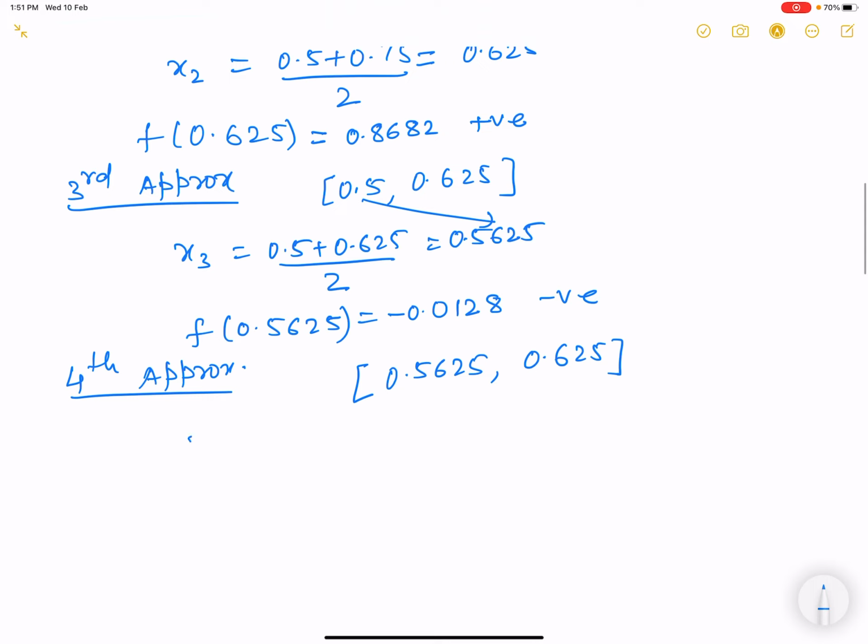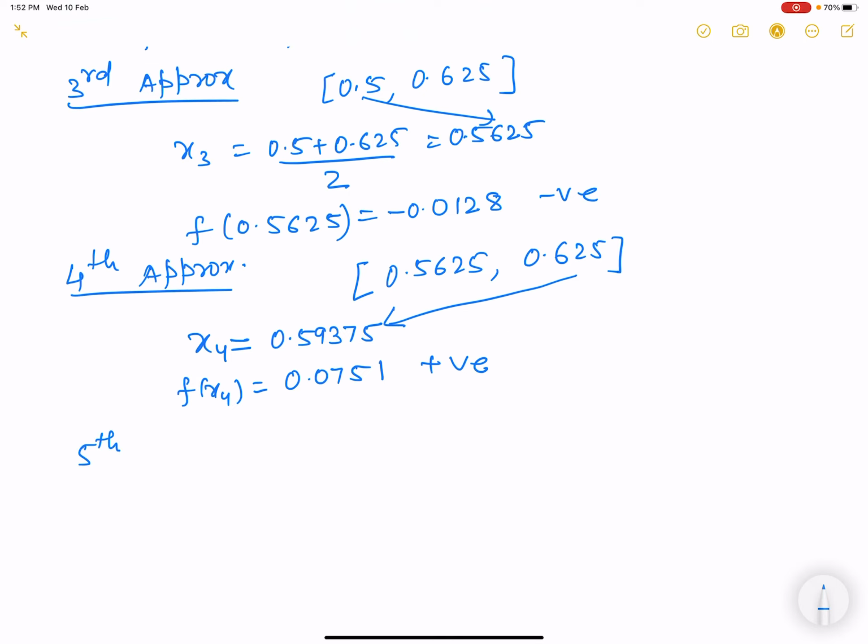Let us bisect it again, and on bisection we'll get 0.59375. The value of the function at x4 is 0.0751, which means that it is again positive and we are going to change the positive end. Now the root lies between